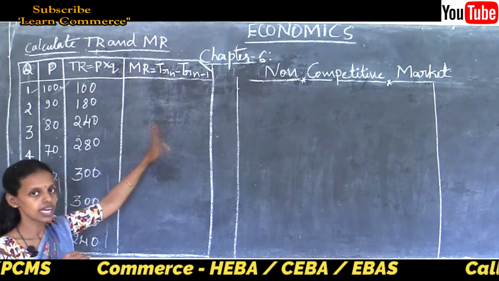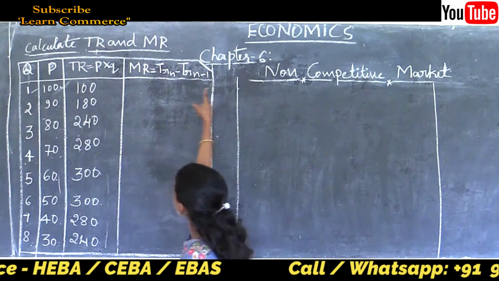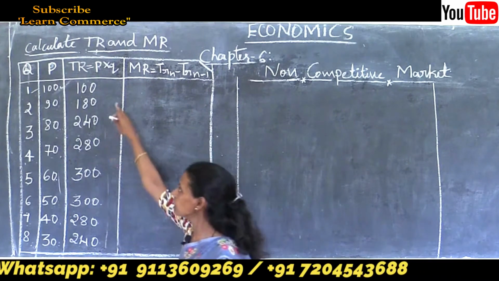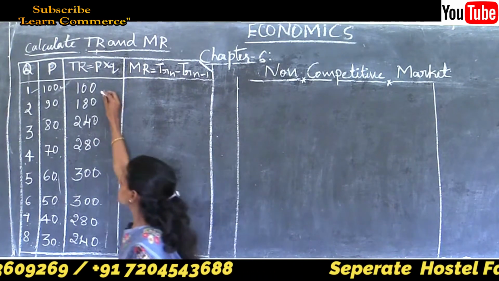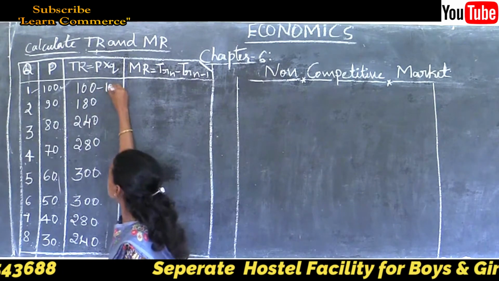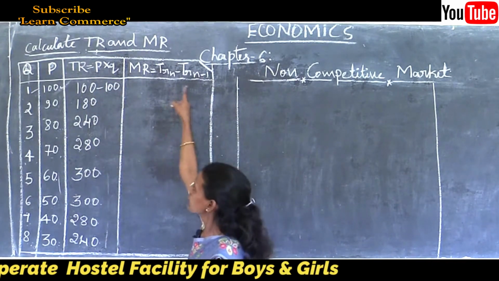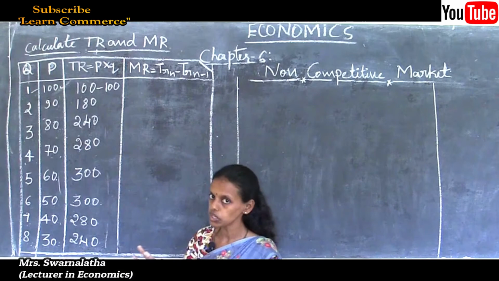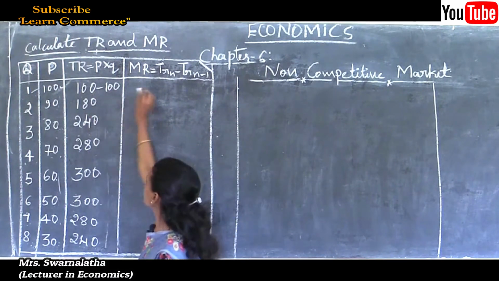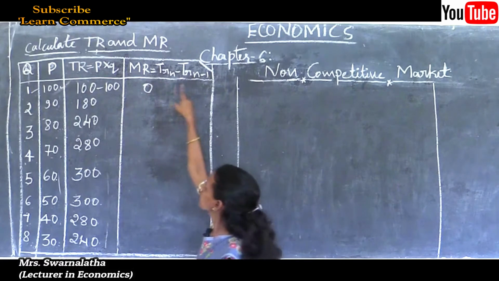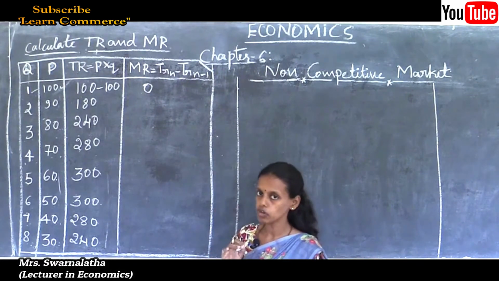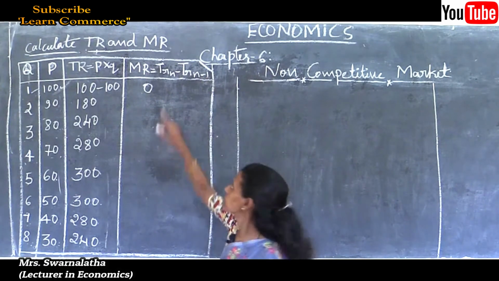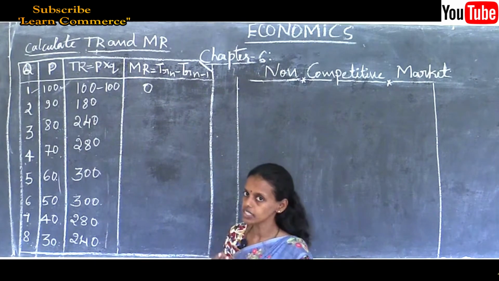Next is marginal revenue, MR, TRn minus TRn minus 1. Now we are going to see only this column, concentrate on only the TR column. So for example, the first one: 100 minus 100, because TRn is 100 and the previous unit we do not know. So we are going to take the previous unit also as constant, that is 100, thus 100 minus 100 is 0. TRn minus 1 means the total revenue of the previous unit; current unit minus previous unit. n minus 1 means the previous unit, n means the current unit, that is, what the total revenue is at present.